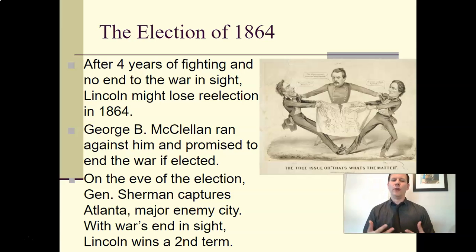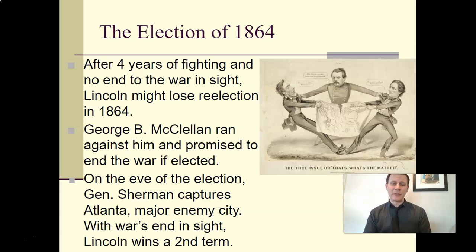I want to bring the troops home. I want to end the war. If you vote for me as president, I will negotiate a peace with the South. They will have their own way, and our boys will come home, and I will save them, and I will end this horrible, bloody war if you elect me president. That is a very positive message to a lot of people in the North, and it looked like McClellan might win.